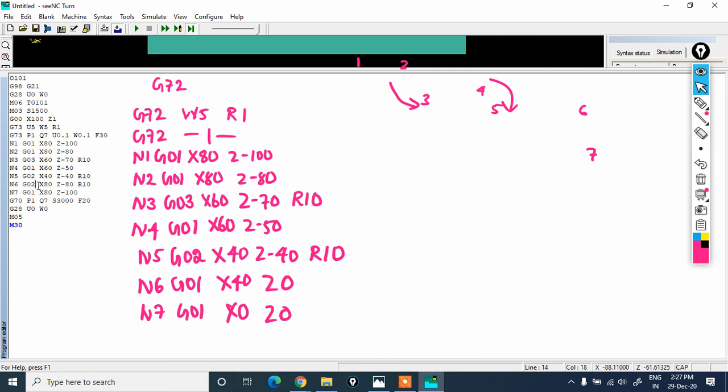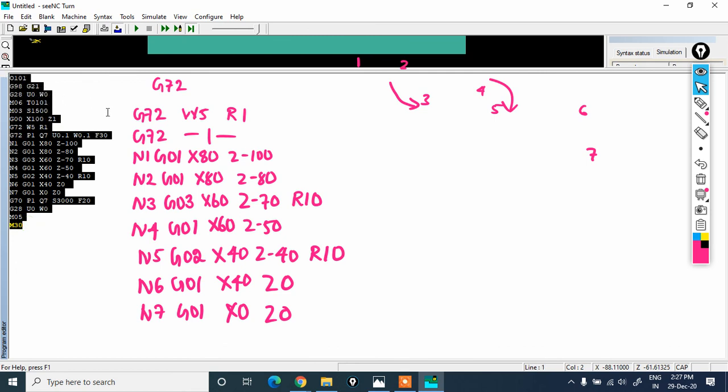N6, G01 X 40, Z0, let me delete R10. Again this is 0 followed with Z0. Okay, the rest will remain same. So here I will change 72, W5, and again here 72. So rest all remain same.